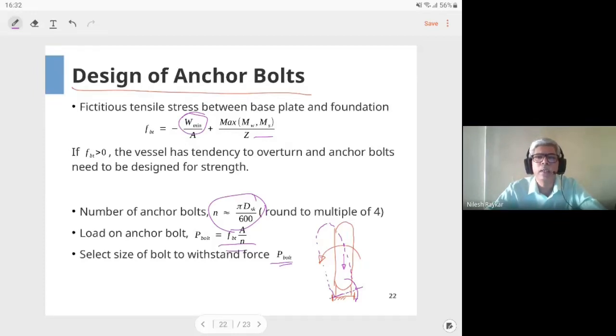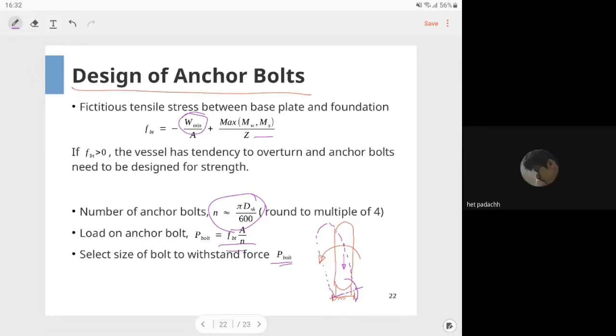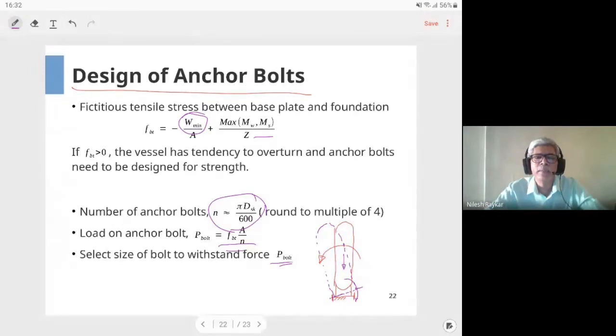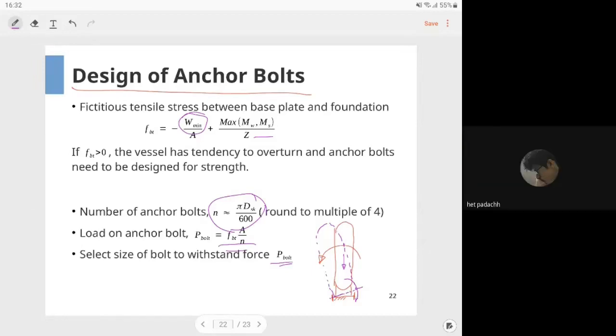If you are at the ground and wind is blowing, the pressure you feel at the ground and the pressure you feel at the terrace are different. And this is not by common sense. I'm saying this from the calculation, that is, the wind design code. If you refer to it, you will get a chart which gives you the velocity versus height graph, which increases with height, with altitude. Yes, sir.